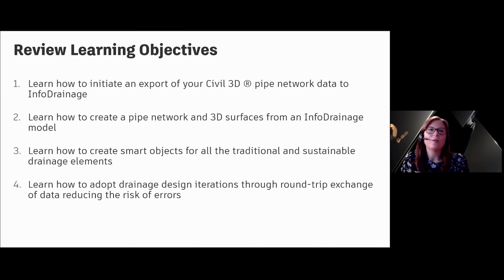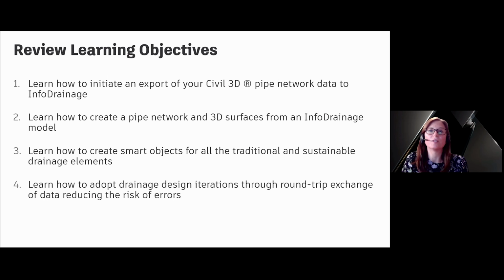Coming back to our initial learning objectives, I hope you can now use InfoDrainage for Civil 3D to import and export all aspects of your drainage design. And having reviewed some of the more complex objects and round tripping aspects, you'll be able to adopt those design iterations more easily.